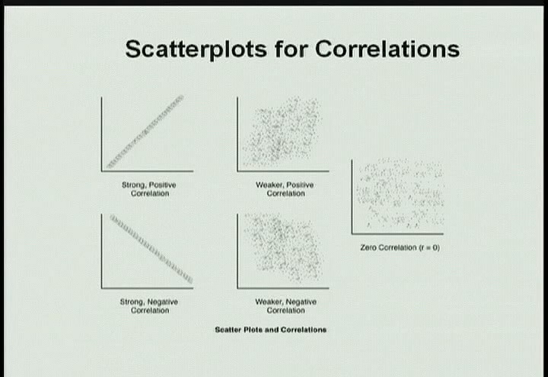When you have a nice straight line, you have a strong correlation. When you have more of a cloud in the points, you have a weak correlation. So, at the top left-hand corner, that's a strong positive correlation. Positive because low with low and high with high, you have a line going the positive direction. Right below that, you have, of course, a strong negative correlation, an inverse relationship, where low goes with high and